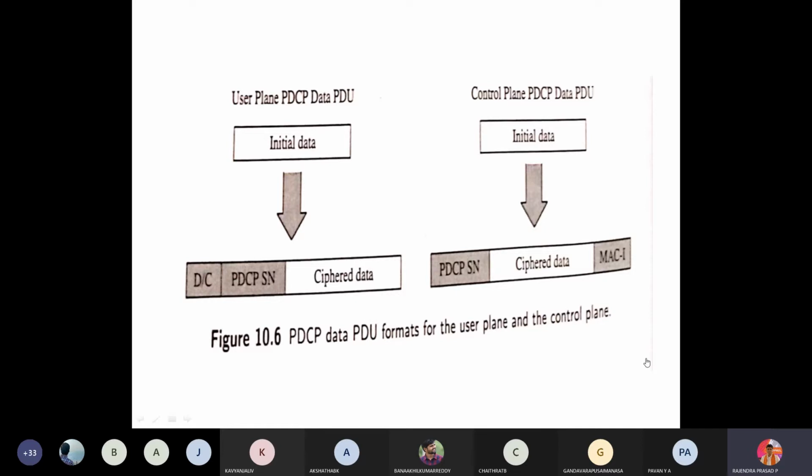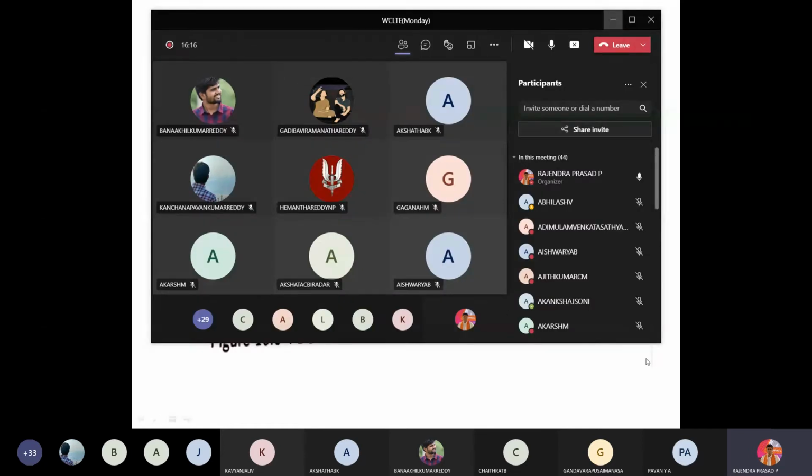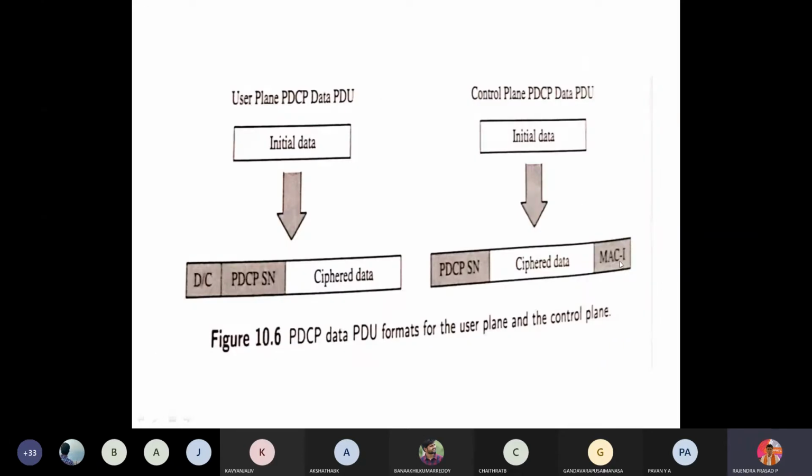It is just like from the physical layer you are connecting to the next layer, which is a network layer or data link layer. The network layer will have the destination address. That is why you have this MAC-I, message authentication code for integrity. So this information will be present at the two planes of the radio resource channel.